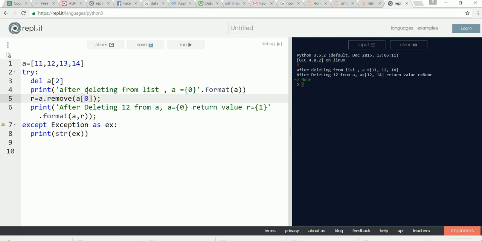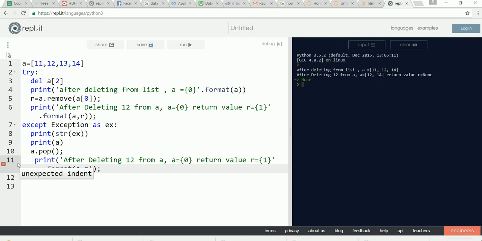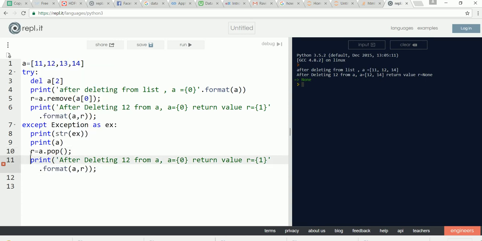Just like append, which automatically appends an element at the end, Python also supports you to delete something from the end. Let's say print a, this is my list now. We can have a command, say a dot pop, and let's take the return variable. After popping,